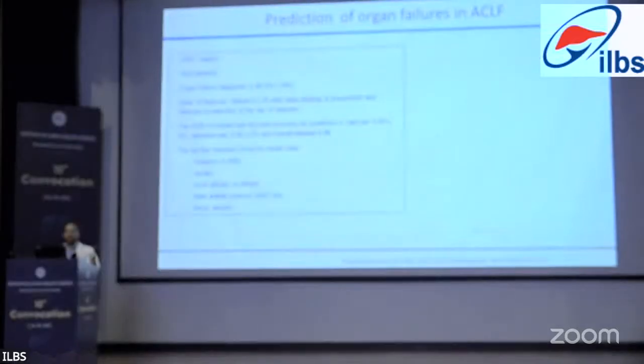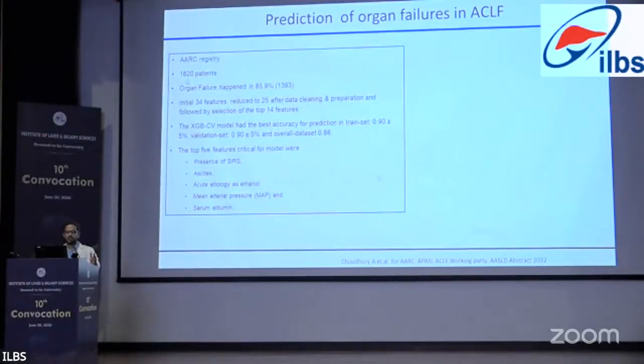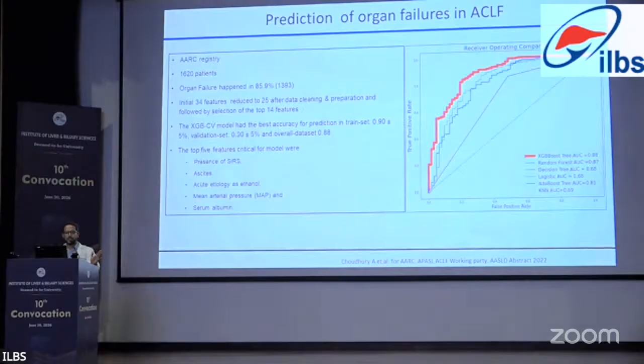Then an important one is the prediction of organ failure. We have taken 16 patients' data, where organ failure is close to 86%. What we have done is taken 34 features and reduced them to 24, then analyzed the top 20, 15, 14 features. The XGBoost model has shown close to 90% accuracy, and the top 3 parameters are presence of SIRS, ascites,